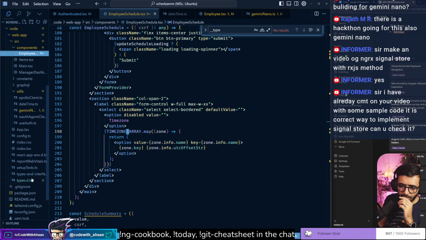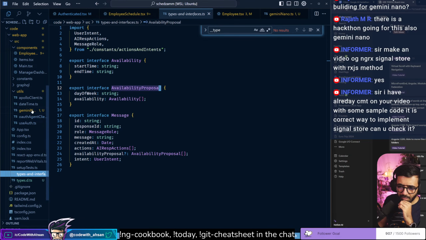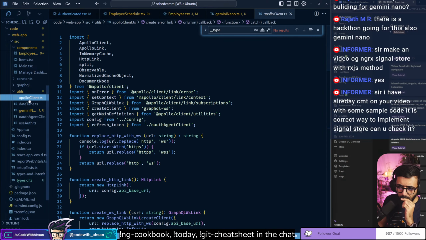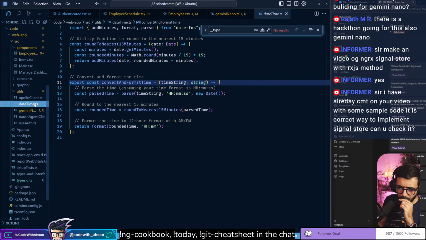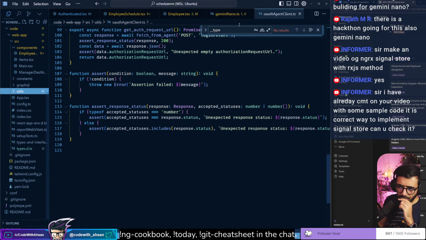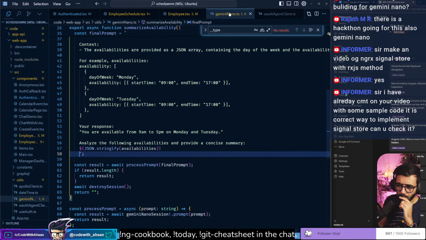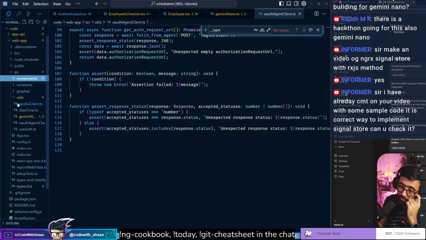Okay, let's have a look at the utils. So we have Gemini, we have datetime. What I should be doing here is, I totally forgot what I was trying to do. Yeah, removing type name. Okay, so here we could say